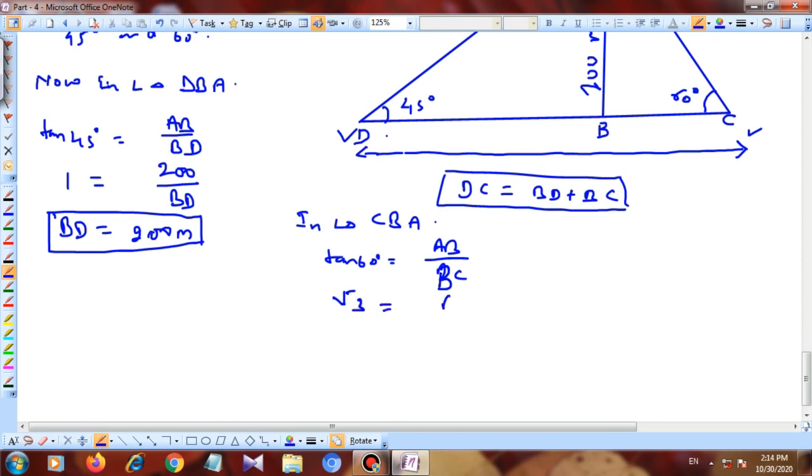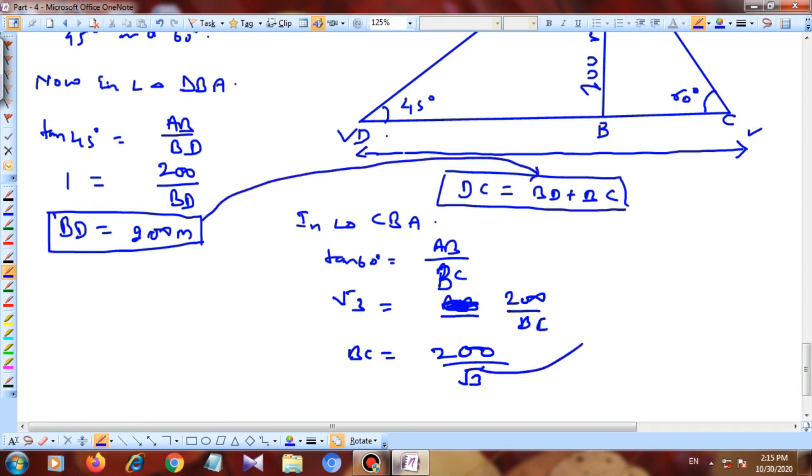This is AB upon BC. AB is given 200 upon BC. So BC equal to 200 upon root 3. Now put the value of BD